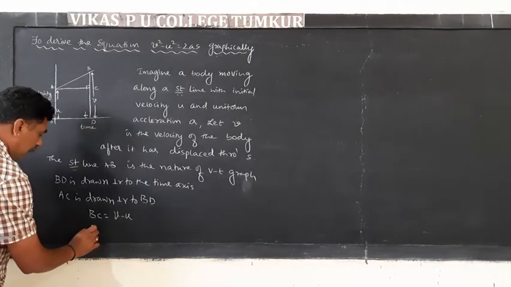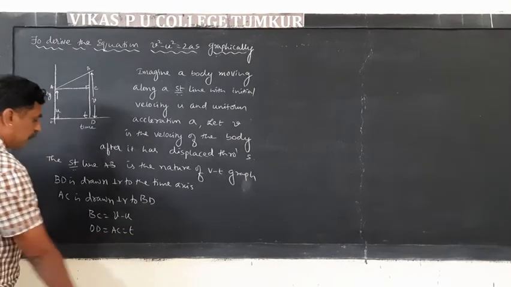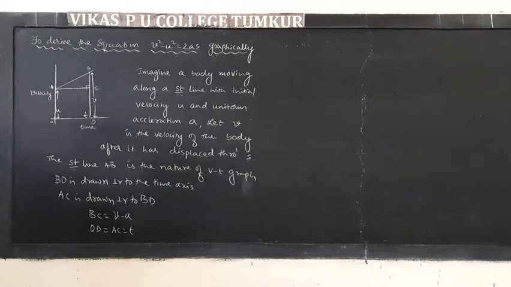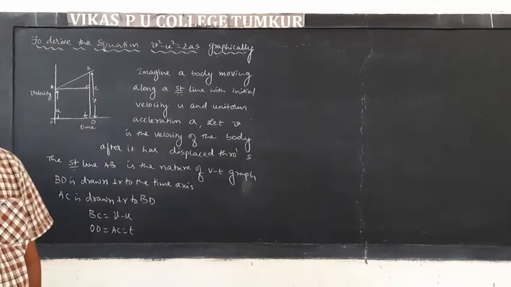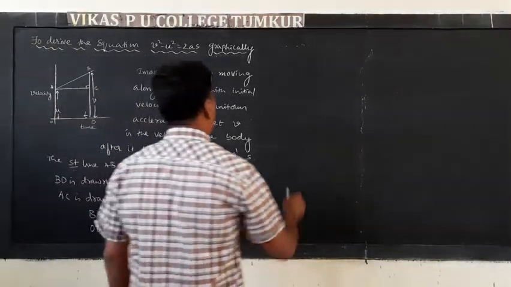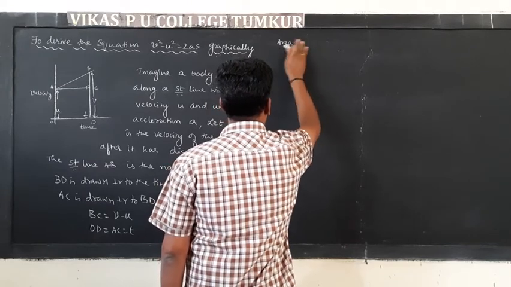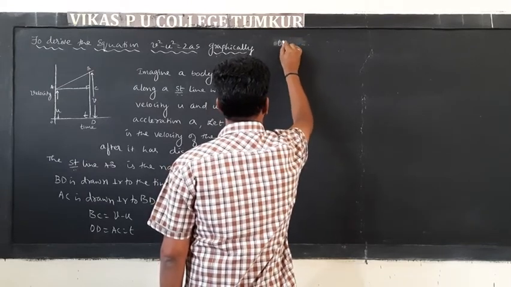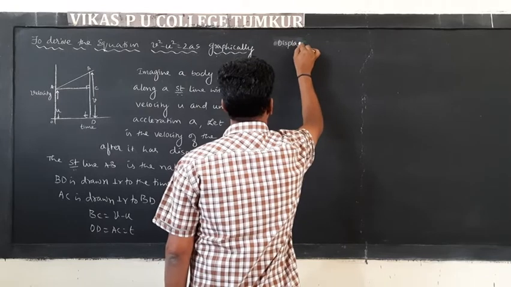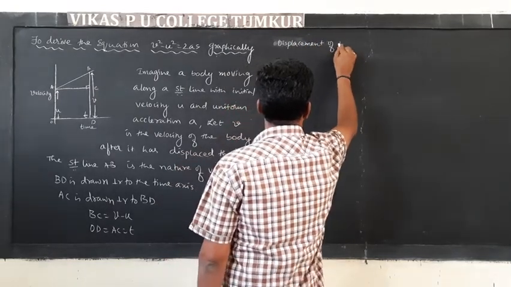OD and AC will give you the time that has elapsed since the body started its motion from A to B. Now we already know the area or displacement of the body